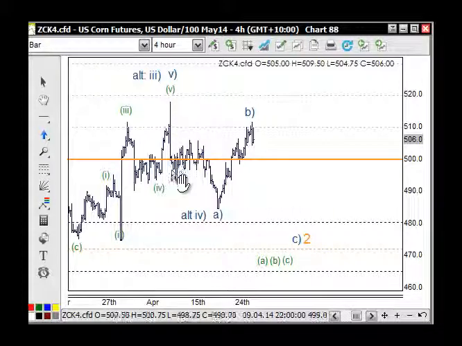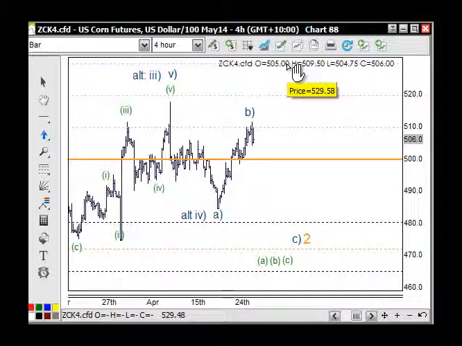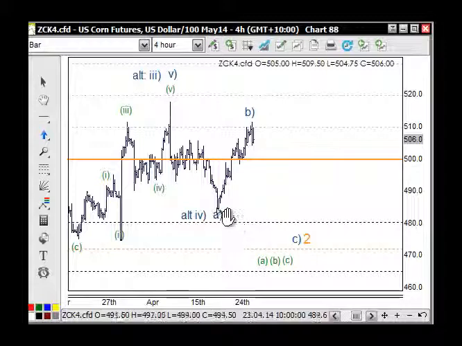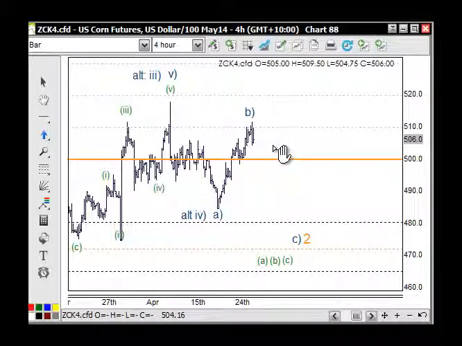Because we got 3 waves here, which is corrective, that means we'll take this high out. It's just a matter of when. It could do it straight from here and continue to move up, and we'll be looking at that too. If that's the case, we'll be looking to move in. But we also need to be mindful that we are looking for a larger correction, an A, a B, and a C here. But this move up through here is looking rather impulsive rather than corrective for a B wave. But either way, if it is 5 waves up here, we'll see 3 waves back,